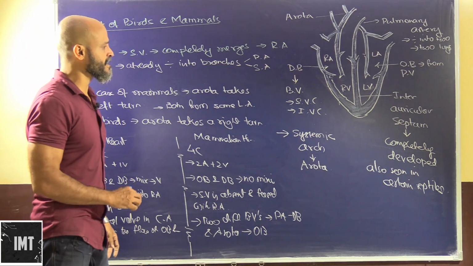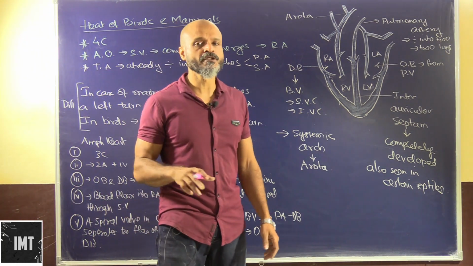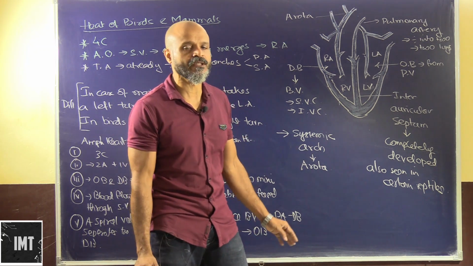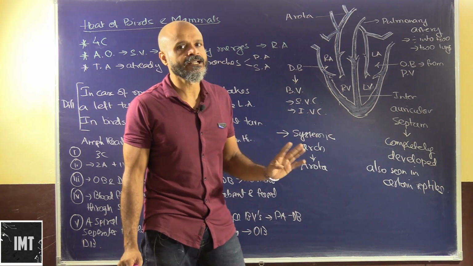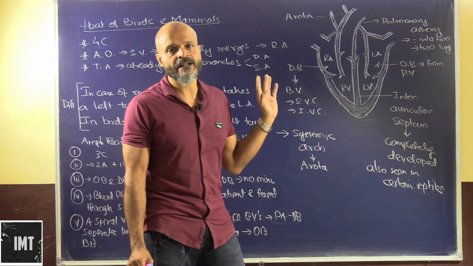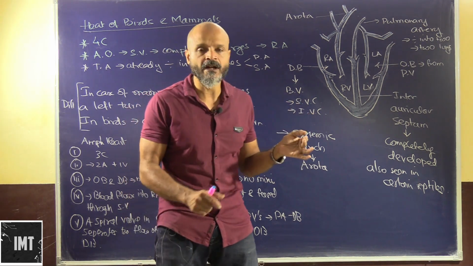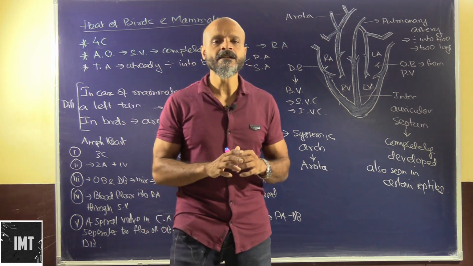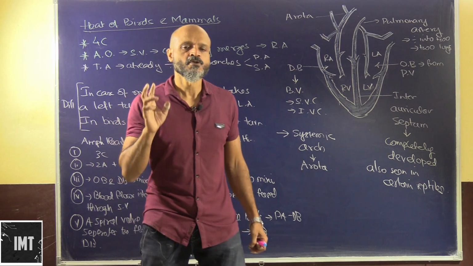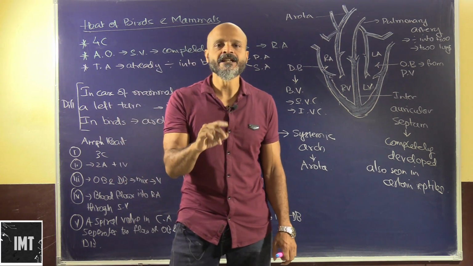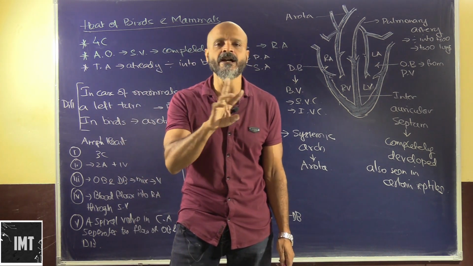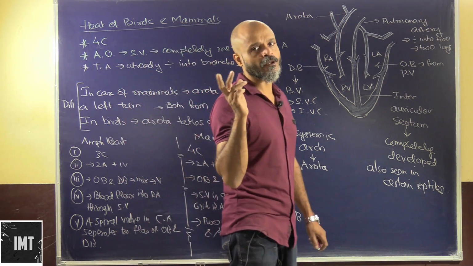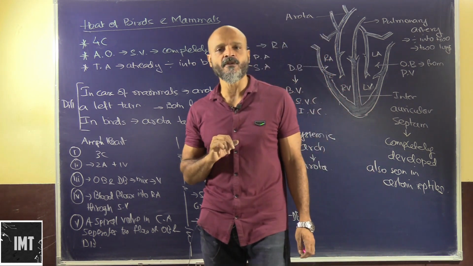As we have seen, it's a proper four-chambered heart, and the sinus venosus has actually completely fused with the right atrium. So there is no sinus venosus anymore. It is the superior and inferior vena cavas which are pouring blood from different parts of the body into the right atrium of the heart. And again, there is no intermixing of blood. So proper deoxygenated blood is pumped from the heart through the pulmonary artery into the lungs, and proper oxygenated blood from the lungs through the pulmonary veins comes into the left auricle of the heart.